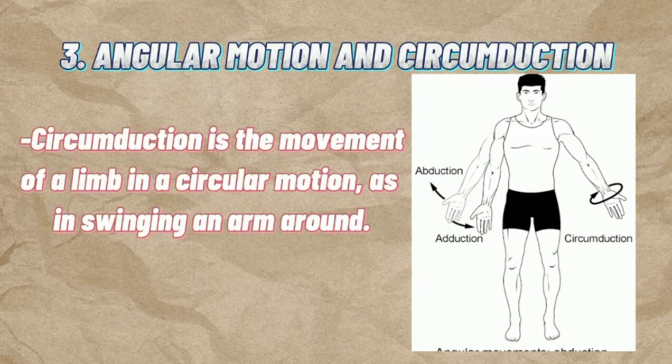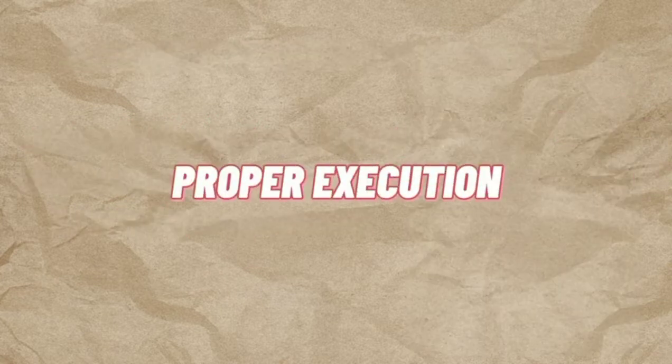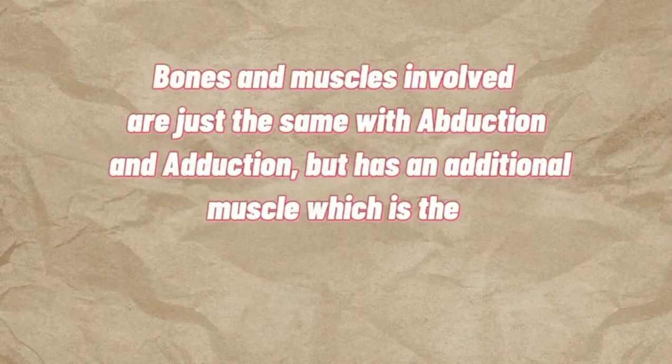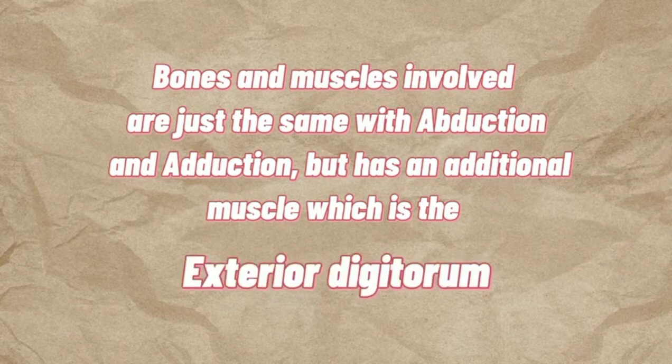Circumduction is the movement of a limb in a circular motion, as in swinging an arm around. Bones and muscles involved are just the same as abduction and adduction, but with an additional muscle, which is extensor